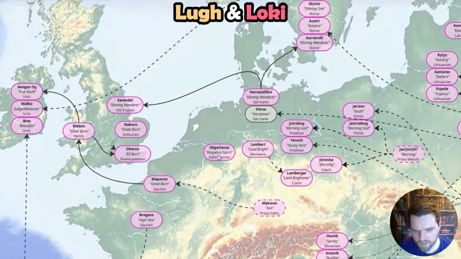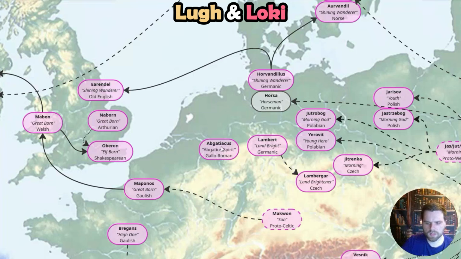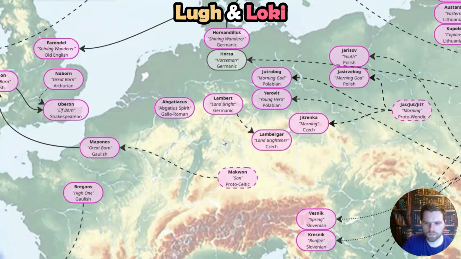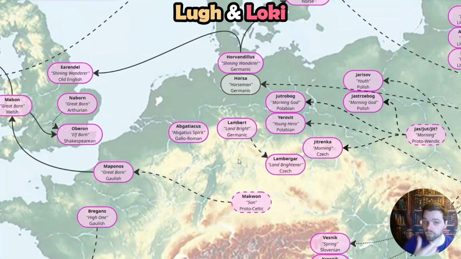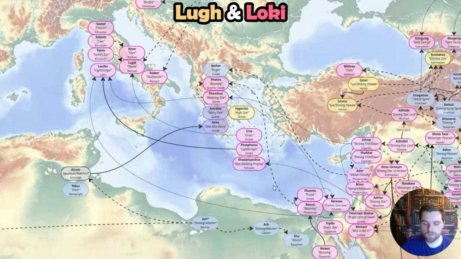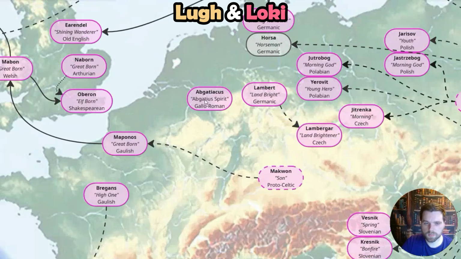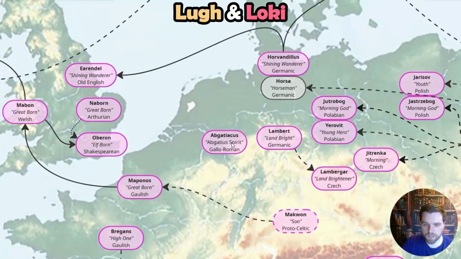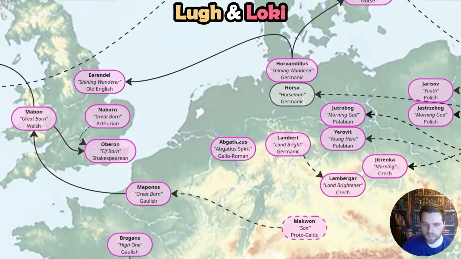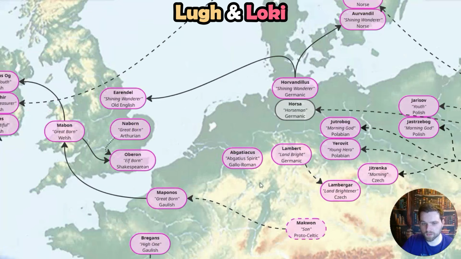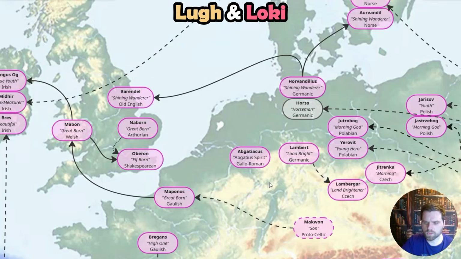There's an obscure deity in Gaul as well I wanted to mention, Abgatiacus. And at first when I saw him and saw that he had rooster features, I thought that he was maybe Abraxas, but on further inspection, the linguistics seems to be related to an area or region, Abgatius, and he is the spirit of that area and is a syncretism of potentially Lugh and Hermes or Mercury, because Lugh is often associated with a rooster because Lugh represents in some ways also the rising sun. Loki is also associated with a rooster.